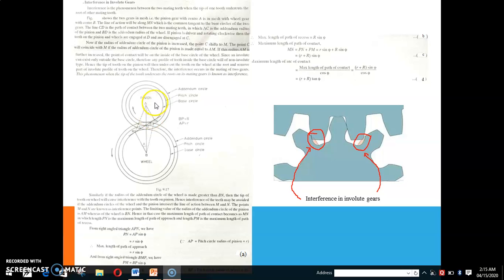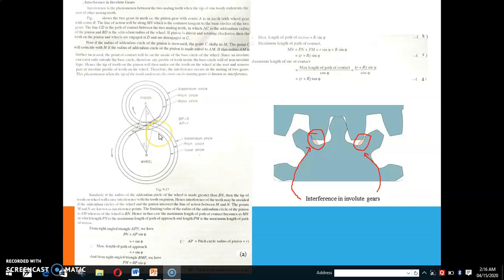If the pinion is the driver and rotating clockwise, then the teeth on the pinion and wheel are engaged at D and disengaged at C. Now, if the radius of the addendum circle of the pinion is increased, the point C shifts to M. The point C will coincide with M if the radius of the addendum circle of the pinion is made equal to AM. If the radius AM is further increased, the point of contact will be on the inside of the base